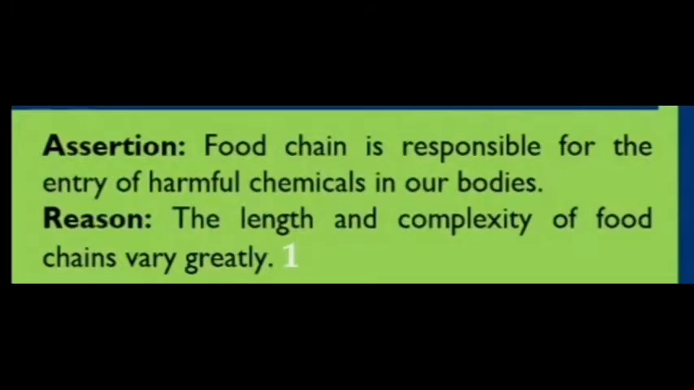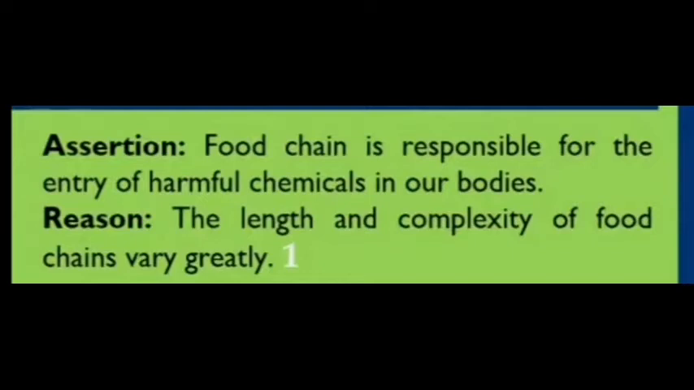Now in this, see question number 15. The assertion given is food chain is responsible for the entry of harmful chemicals in our bodies. And the reason given is the length and complexity of the food chain vary greatly. Here, assertion means in a food chain, there are producers, primary consumers, secondary consumers, tertiary consumers and